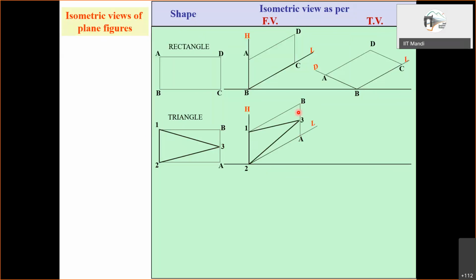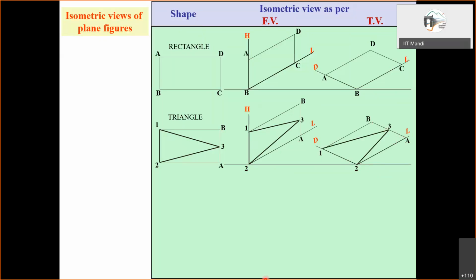Okay, and when it is in the top view configuration, these orientations are, this is at 30 degrees, this also is at 30 degrees. Here one was vertical, here both are 30 degrees inclined. Again, you will mark this 1, 2 and AB, so the rectangle will be completed. 2A is taken along L, 2, 1 taken along D. Again, 3 will be located onto this line, and then you simply join 1, 3 and 2, 3. So that triangle will be completed.